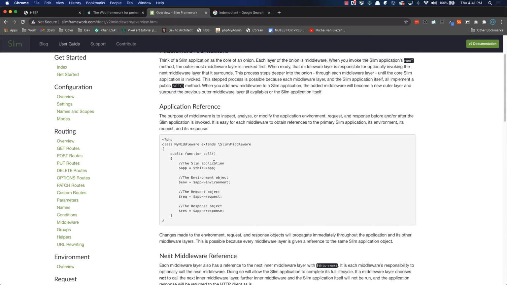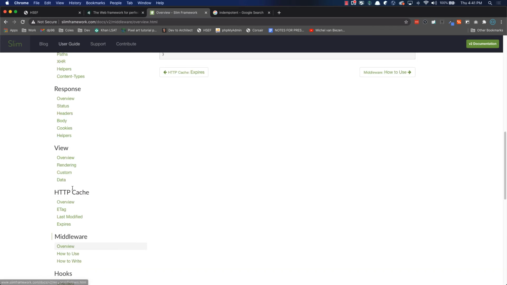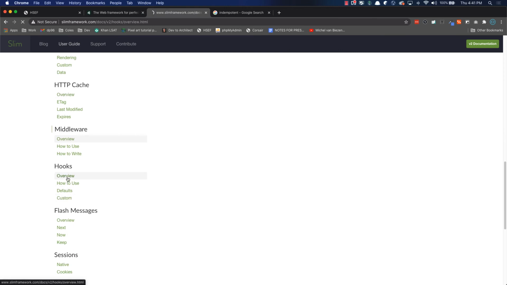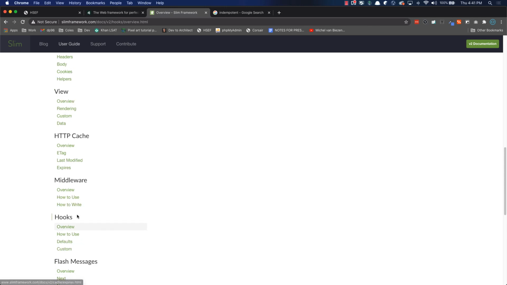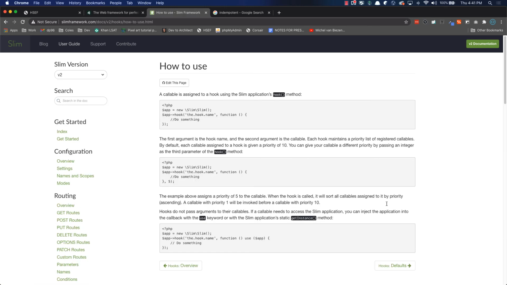It's probably important. I'll read it later. Hooks. Hooks is a moment in the application cycle where a priority list of callables assigned to the hook will be called. Okay, so it's lifecycle methods. How to use callables assigned to the hook. Yeah, so